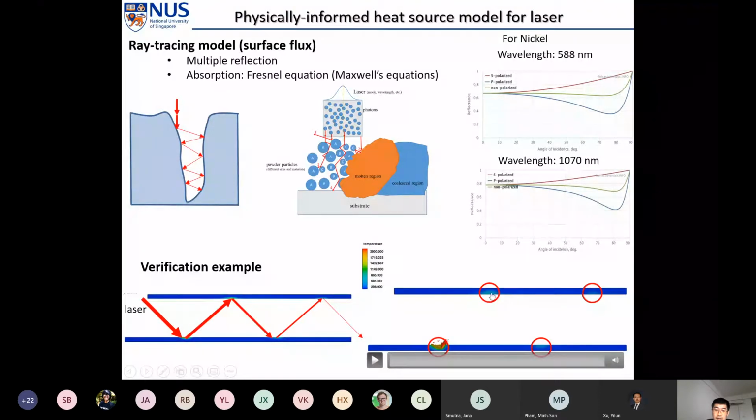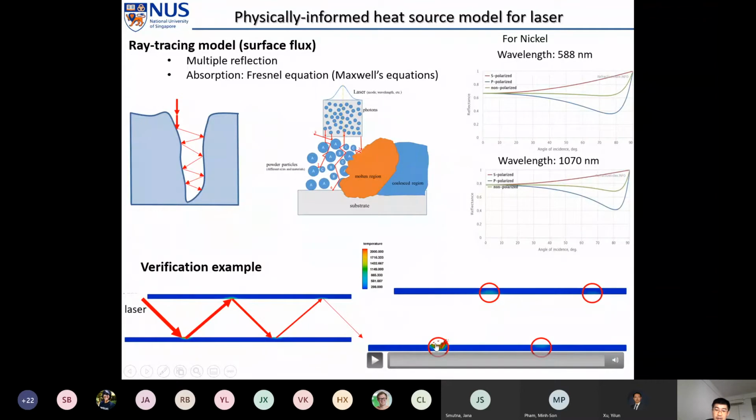Then you can see a significant temperature rise for the second one, a very small temperature rise at the third reflection point, and at the final reflection point, you can barely see the temperature rise